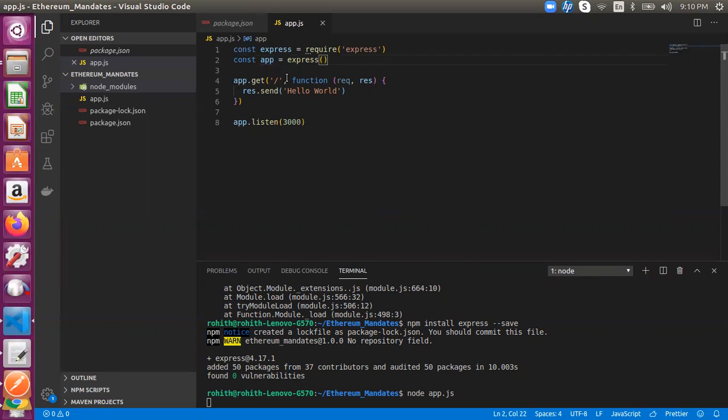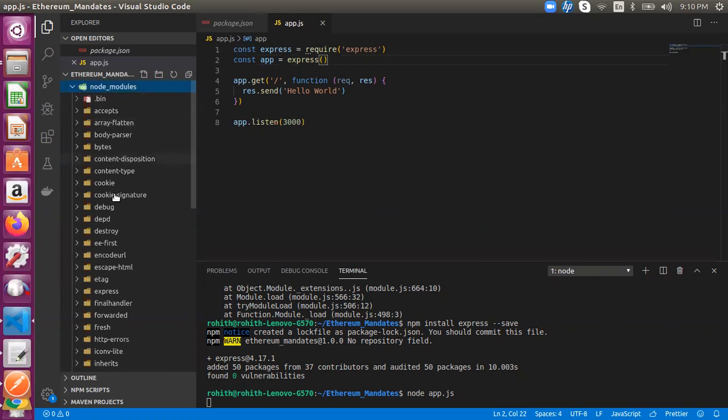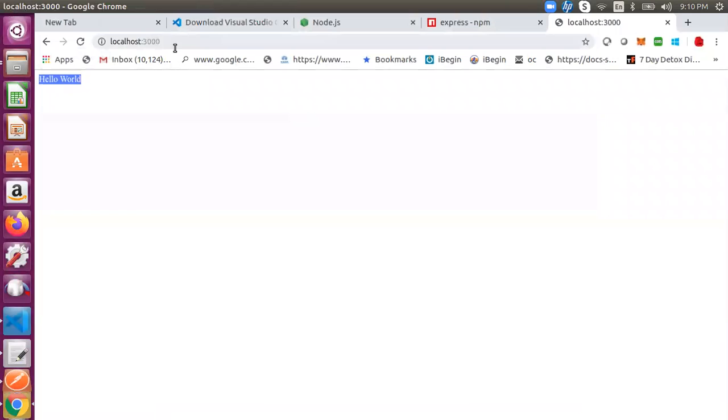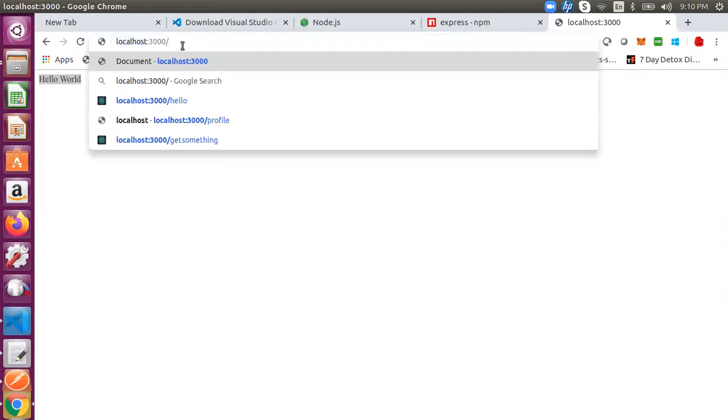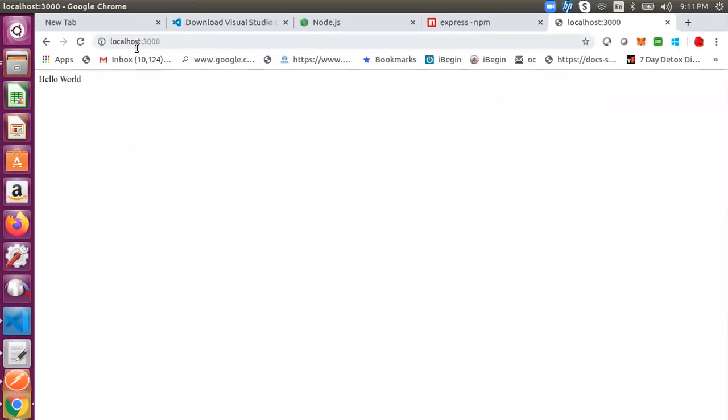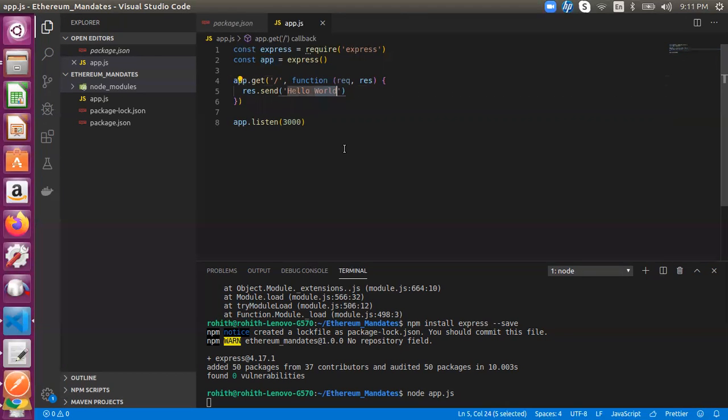Whatever I copied the express library to the constant, I am creating an app as an object. As express has so many packages I showed in the node modules, there are routes also. So inside it has predefined routes. So I can use app.get slash as a default route. You can see that as localhost colon, it's a default route, right? So for the default route, once I enter app.get slash route, I'm executing a function saying that I want to send a response for this particular route saying hello world. As it is a get method, the browser can read it. So localhost colon 3000, hello world has been displayed.